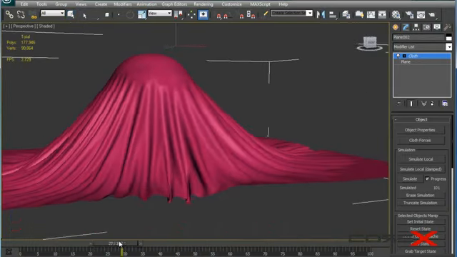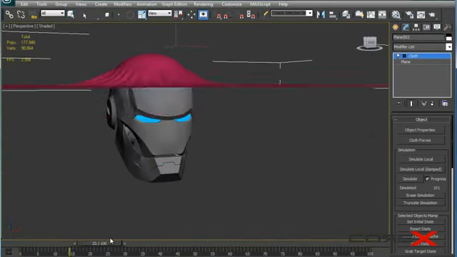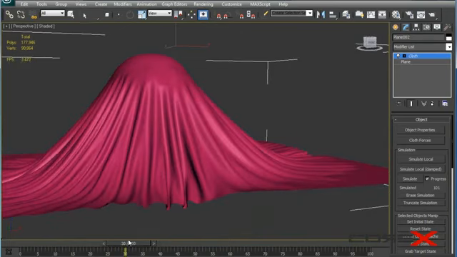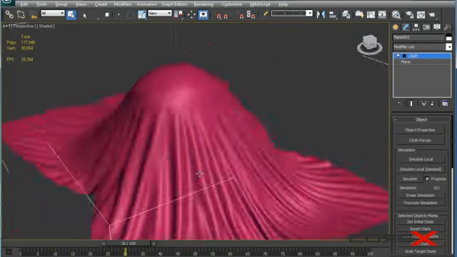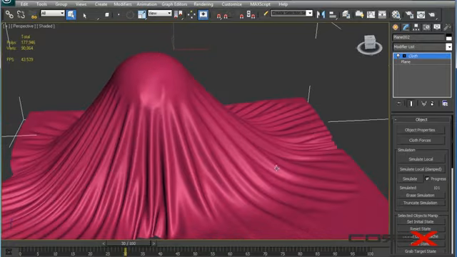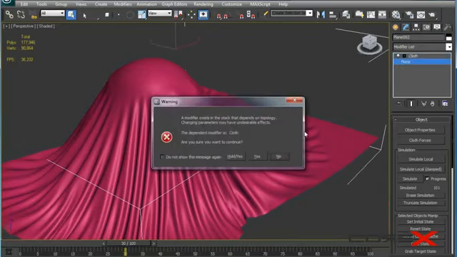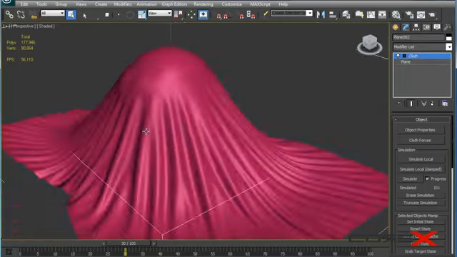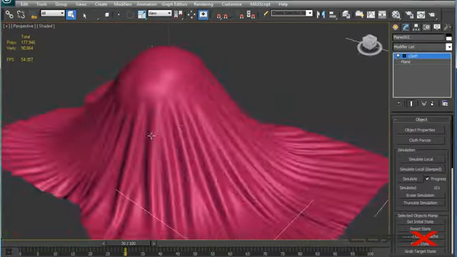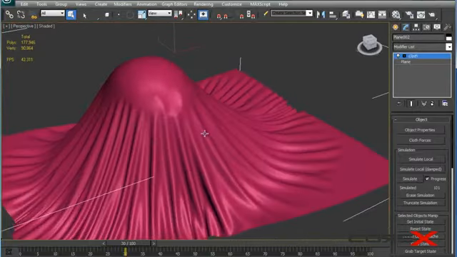So I hope you guys found this tutorial useful, and I'll be more than happy if you use this technique of cloths in more of your projects. Of course, one more thing that I can say is, if you want the cloth to look more realistic, you need to increase the number of segments on this plane that we have here. I think I used 200 or something like 300 by 300 on this plane, and on the previous one,